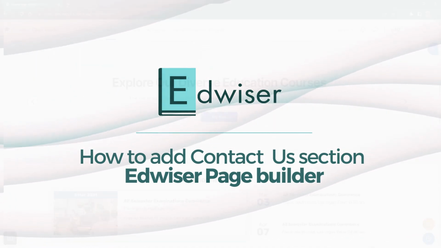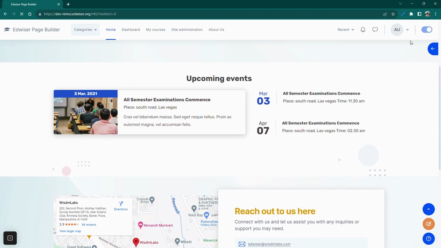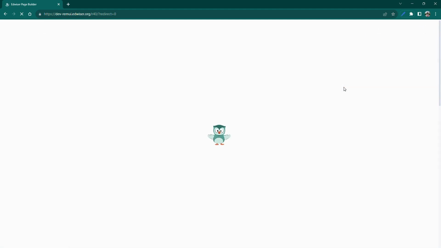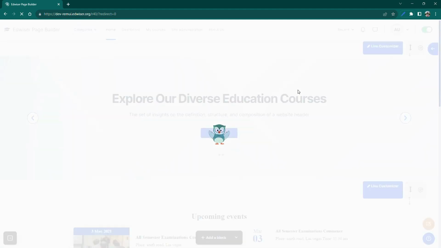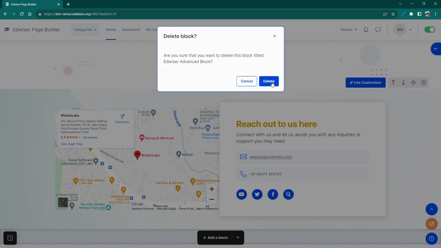Let's get started. Here, we will see how to add this beautiful Contact Us section with a map and contact details. This is a vital part of your e-learning site, offering learners a way to connect with you, ask questions, or seek help. Let me delete this block for now so that we can show you how easy it is